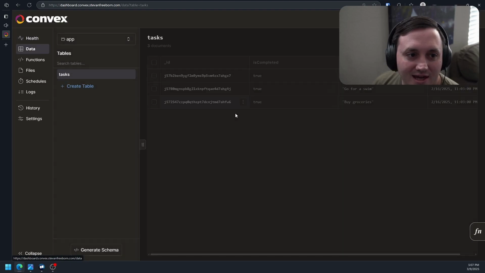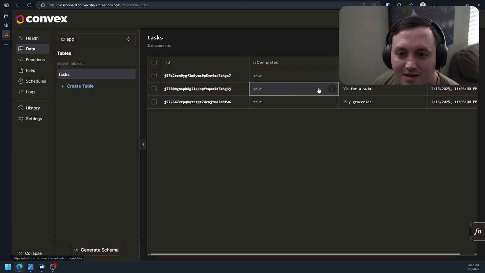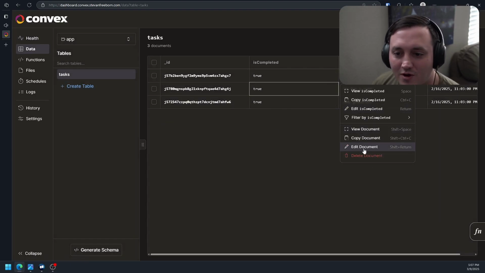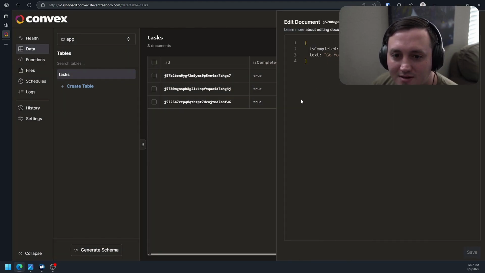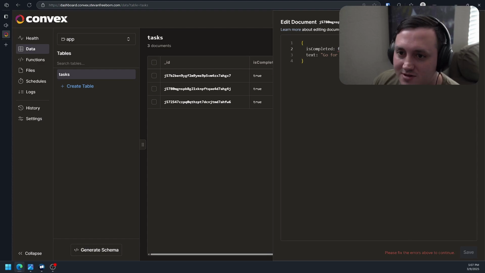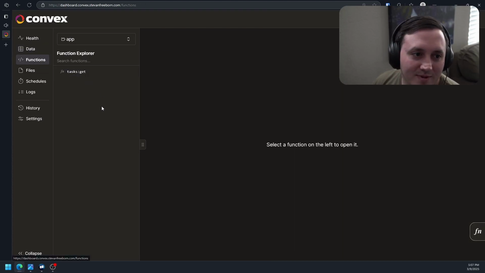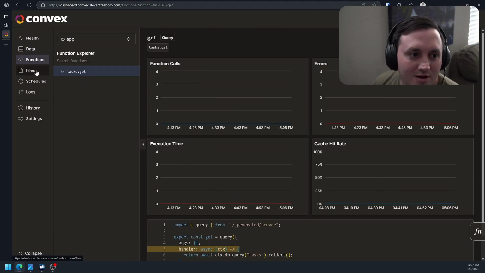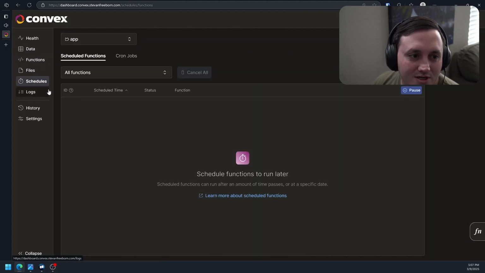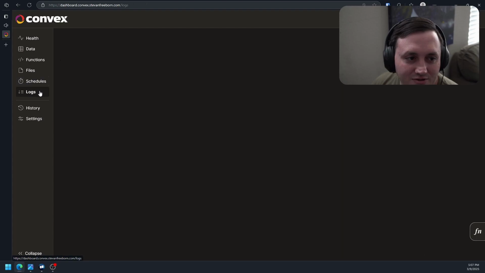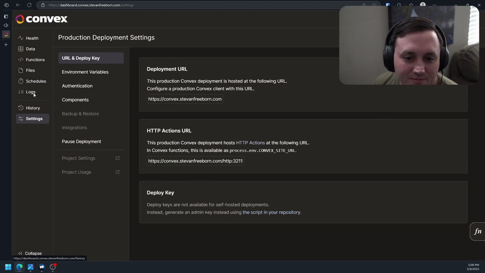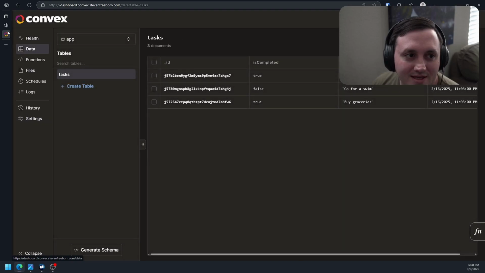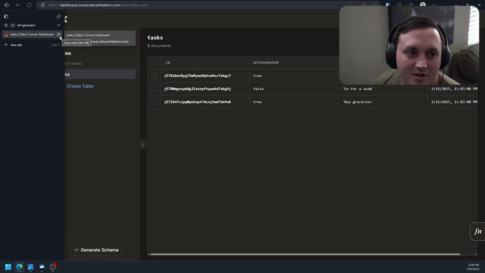And now I've got data. I've got my tasks, and I can edit things. Basically, do all the things that you would normally do through the Convex dashboard. Let's go ahead and edit. We'll make this false. Save. I can see my functions, which in this case I just have one. Let's see, I don't have any file storage. You can see your schedules if you have any scheduled cron jobs, and then logs, of course, and any settings that are relevant. So yeah, that's how I got Convex set up and made it publicly addressable, and so that